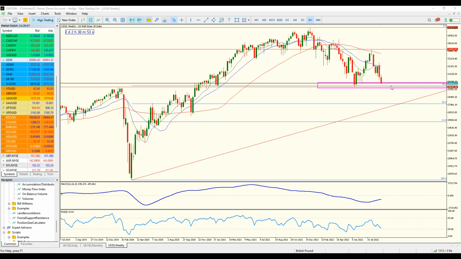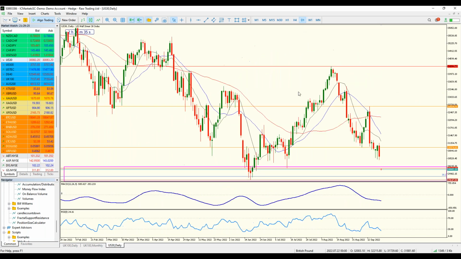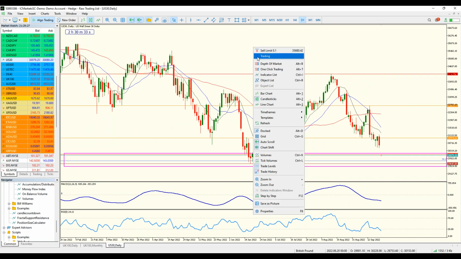And often we know if it's a successful breakout, if the candle closes on the other side, then it's usually a good breakout. We want to make sure the next candle doesn't go all the way back up, otherwise it's just a rejection, a failed breakout. We could very well have a double bottom here. So what would I need to see that happening? Well, on my daily as well,